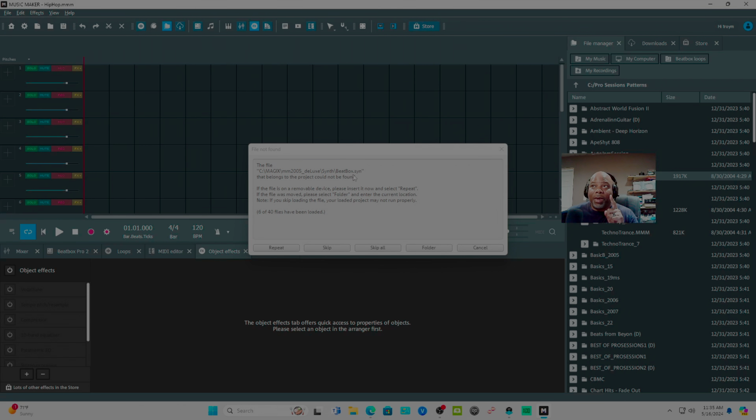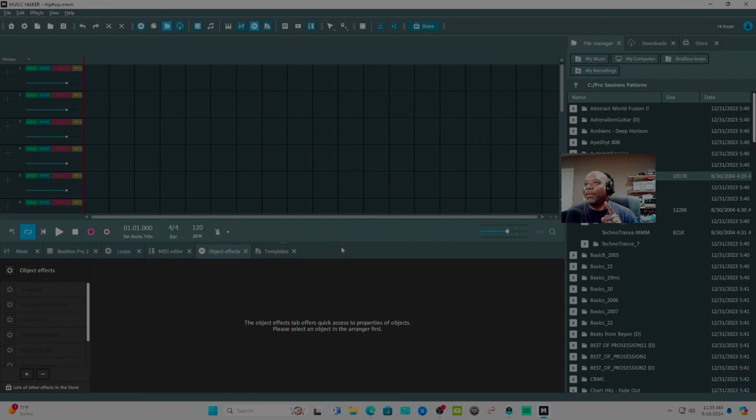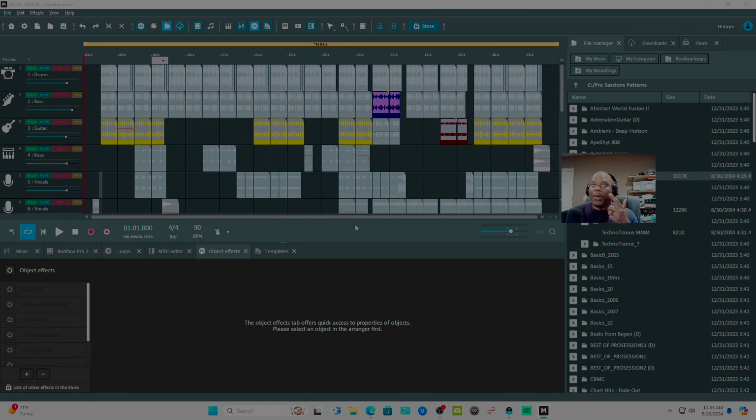This was a dope synth, and it can't be found. Y'all see how I say Magix, blah blah blah. I'm hurt, son. Skip. But everything else it brings over. So this is loop bass. I'm telling y'all, loop bass. So let's hit the play button just to see what it sounds like.